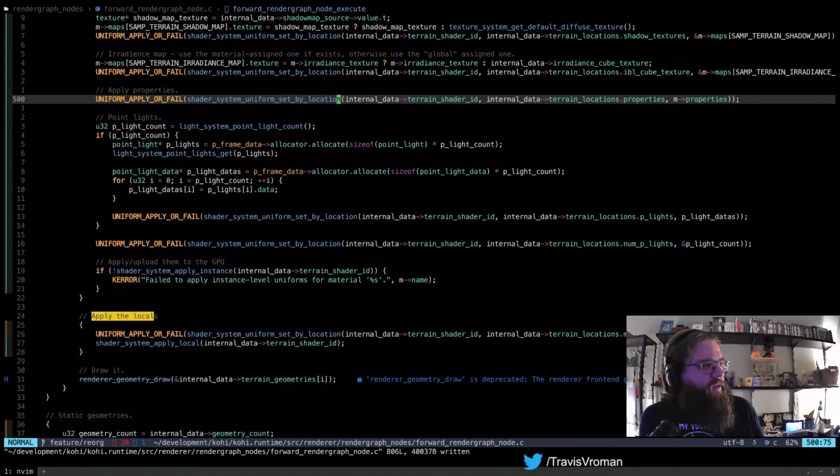Maybe all these internal data stuff can be managed with some sort of macros. I mean, maybe. The problem is like the internal data stuff kind of varies by what I'm doing, right? Are you talking about like where I have to say internal data terrain shader ID? Like I could create a local variable that just is like terrain shader ID, and I suppose that would be a little bit more concise, right? I just figured using internal data has kind of made it explicit where it's coming from. But yeah, it's a little bit verbose. I agree with that.